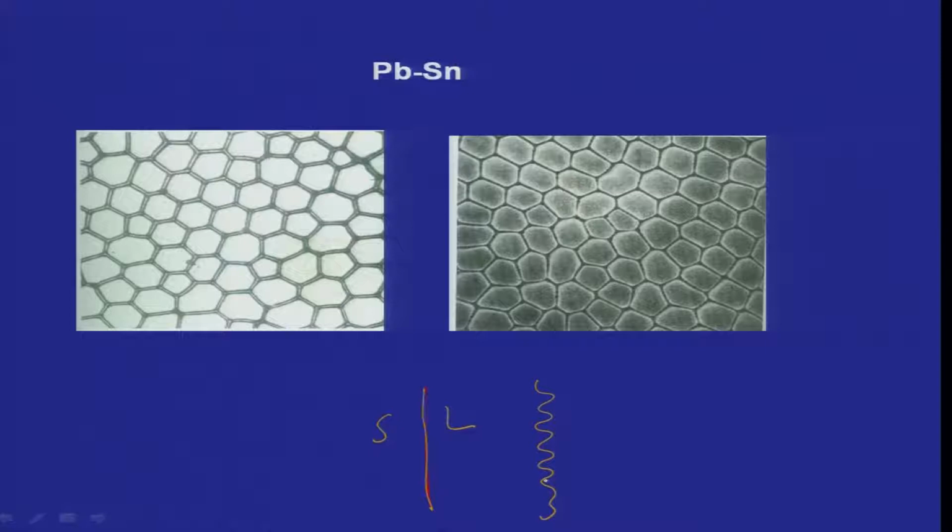These perturbations can be a compositional fluctuation or temperature fluctuation across the interface, which is very usual in a solidified product. When something is getting solidified, it is very common that there will be fluctuations of temperature and solute concentration across this interface, and these are perturbations of that. These are like a sine wave. Now, if you allow these sine waves to grow under certain conditions, they can become big and form what is known as cells, which I have shown here as a picture, lead-tin cells. They are hexagonal cells which can be formed. If you allow them to go further, they can actually form side branches and become dendrites,